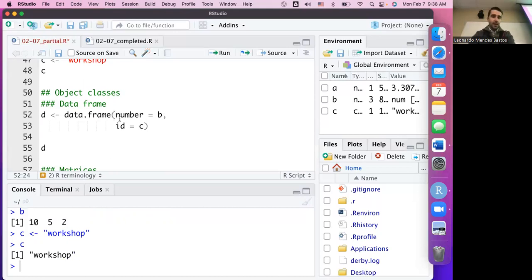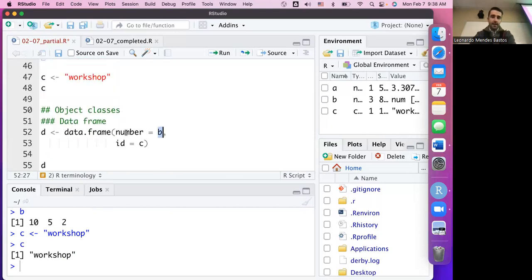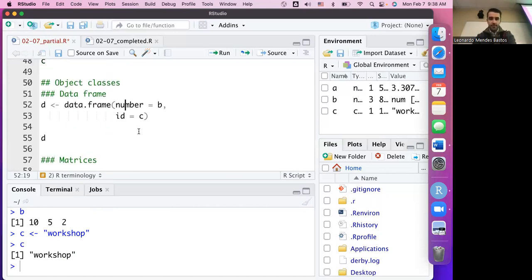What I'm saying here is I want to create in this data frame a column called number, and I want this column to have whatever B has. So this column is going to contain all those three numbers that B has. And then another column called ID, and I want this column to have whatever C has. So C has one word, workshop. So if we just run that,